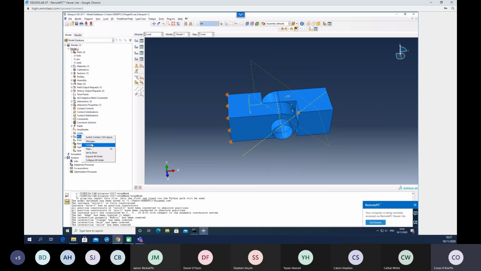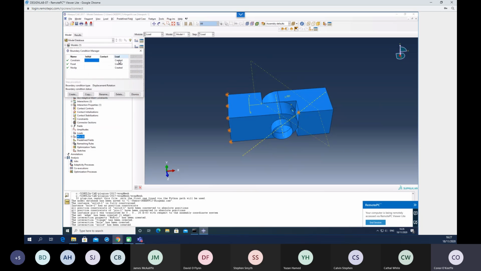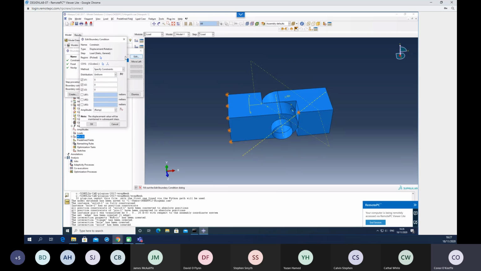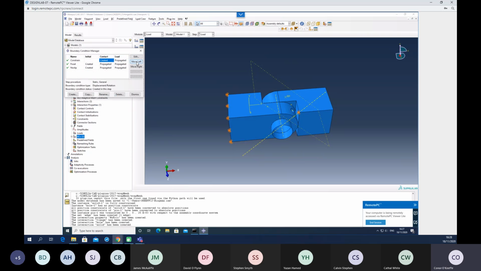Okay, so now these are just created generically, right? So actually they were created in the last step. So I just right click the manager, but I can propagate these back. So now it's created in the initial step. Okay, so